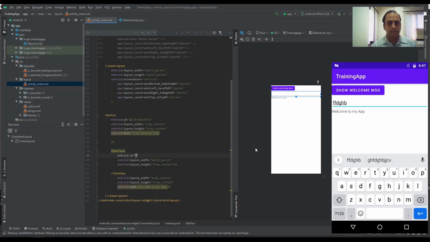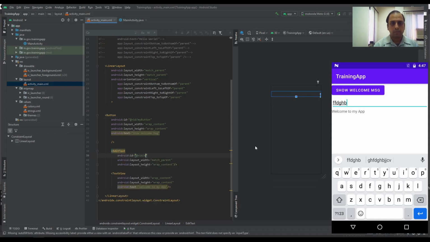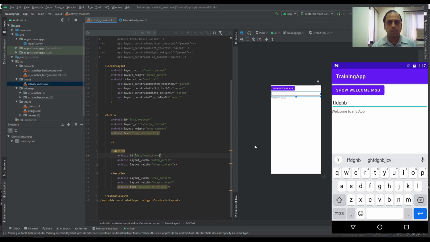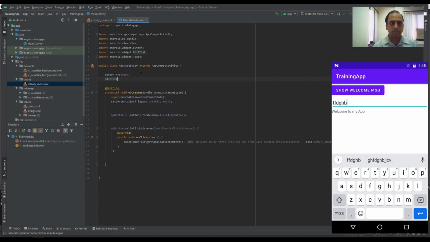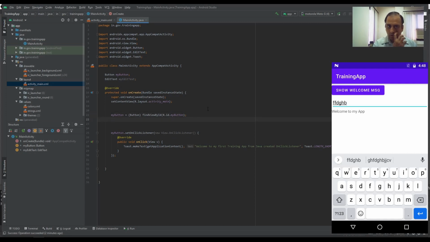Its ID is @+id/my_edit_text, and here I am creating an EditText my edit text. In onCreate I will again do a similar thing. My edit text is equal to EditText, findViewById, R.id.my_edit_text.